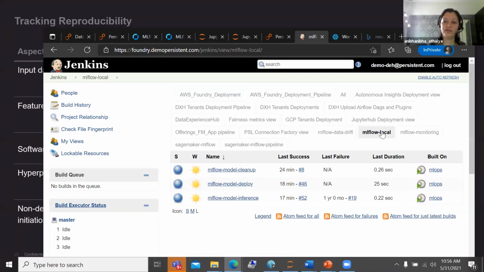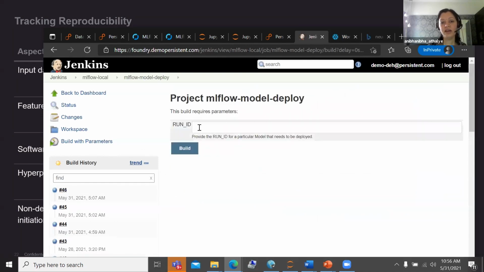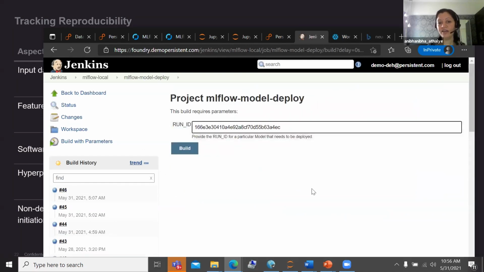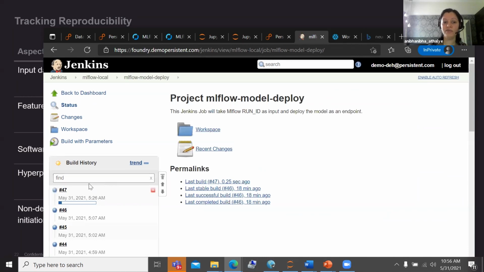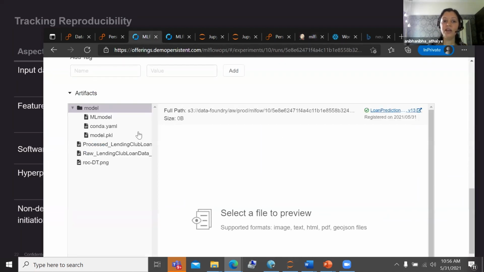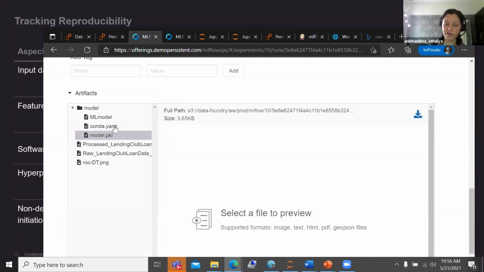So what you see over here is a very simple Jenkins thing. We've defined a very simple Jenkins wrapper. It allows you to pass on a run ID, which is the unique iteration that you have run. What it is doing while it is building, if I can explain in very simple terms, is going into that specific MLflow iteration. It is picking up this specific version of the model file, the model pickle over here.